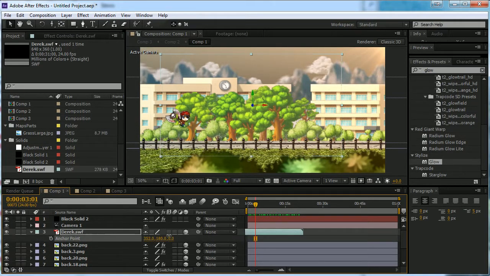So I'm going to hit A, and I'm going to go like this. If your character is moving around, like in the Swift, and stuff, just